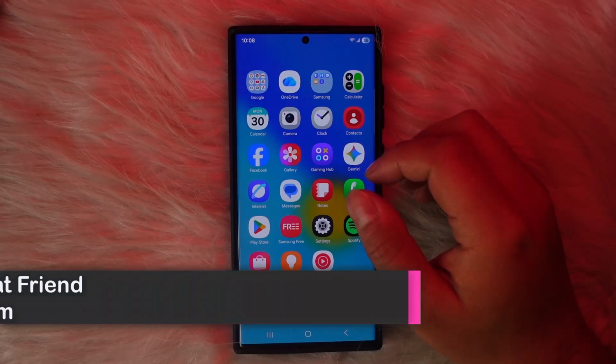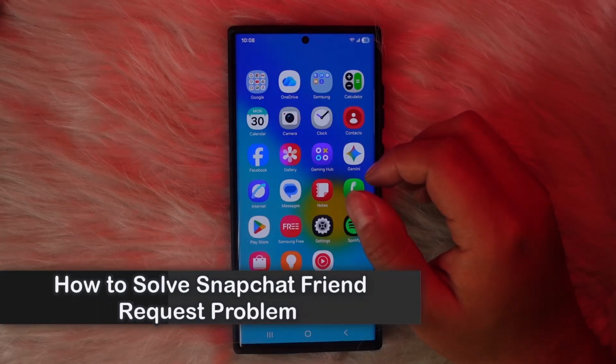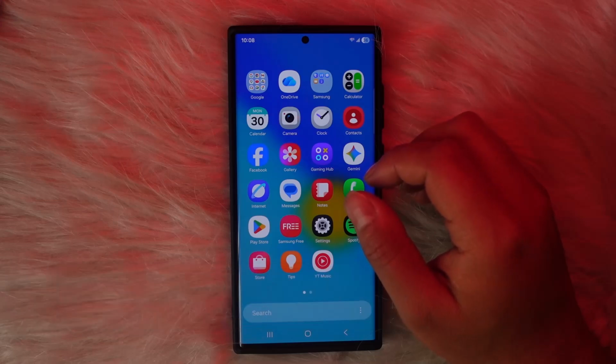How to fix Snapchat friend request problem. Welcome back everyone to this new tutorial video. In this video, let me show you the few steps that you'll need to take in order to solve the Snapchat friend request problem. The first thing that you can do